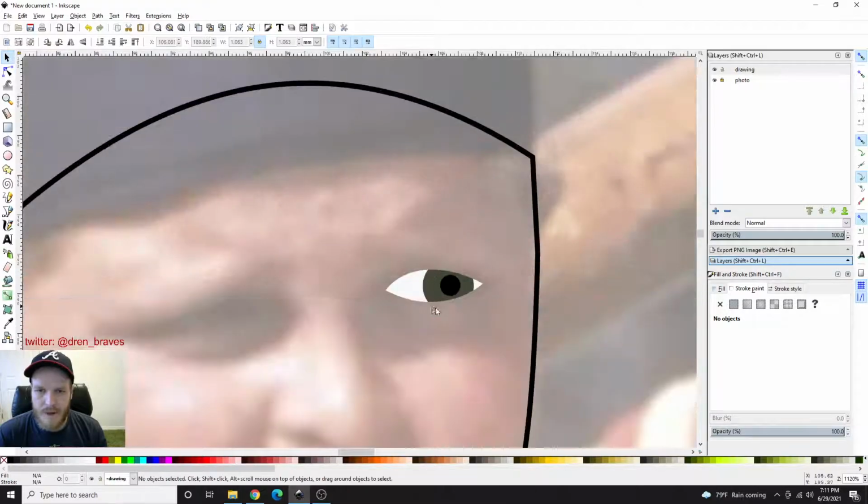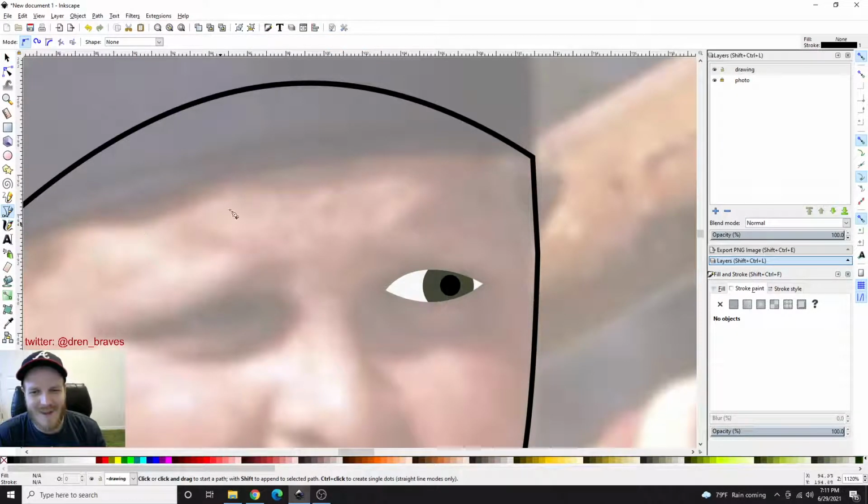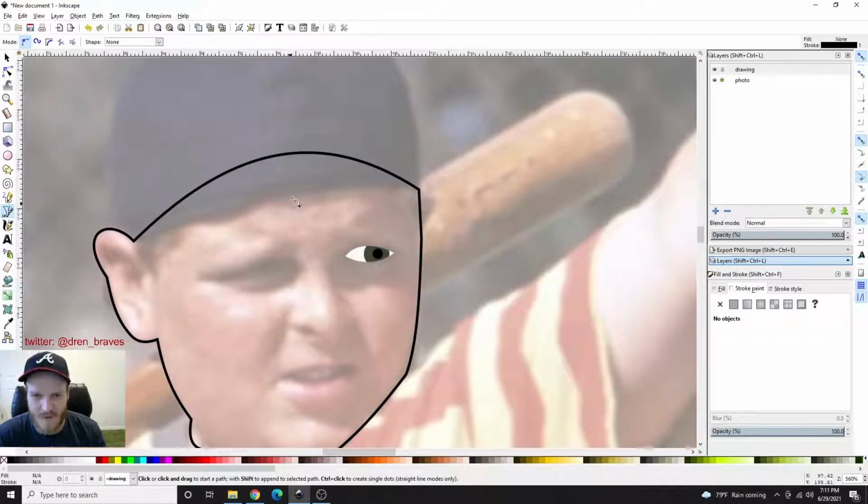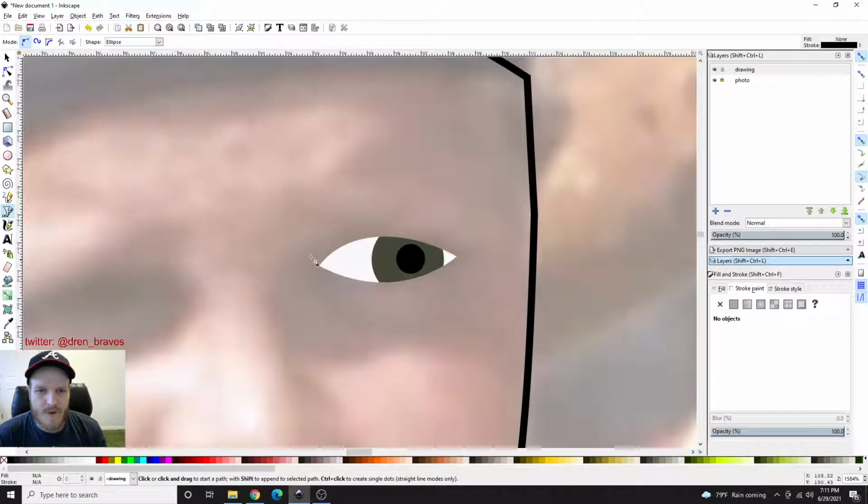Okay, and then eyes can be very complicated. If you've ever taken a drawing class, there's a lot of detail you can put into them. Now I like to put, again, as little detail as possible, and so the way that I like to do eyes is I'll do what I've done here, and then I'm going to go back to this tool and we're going to choose the ellipse. And what I like to do is I like to do